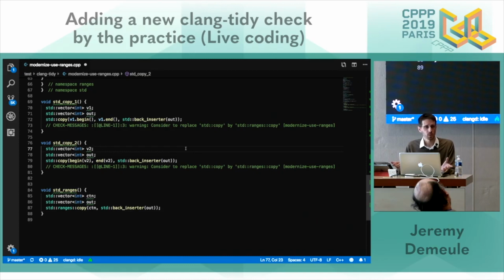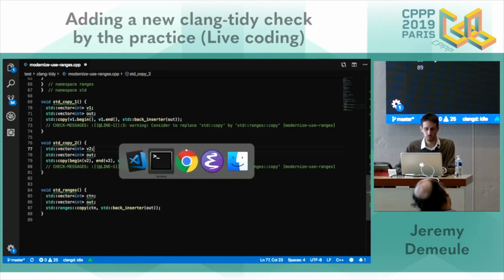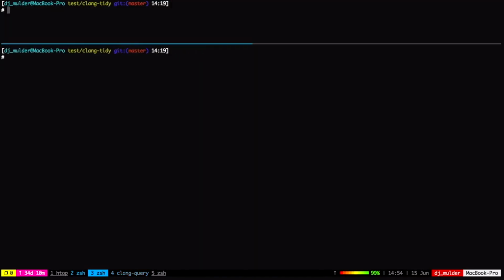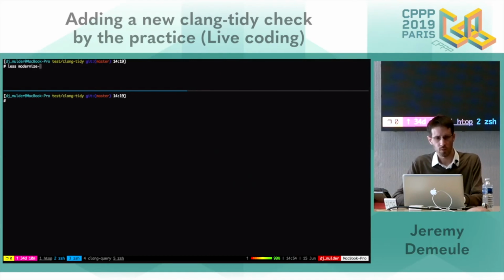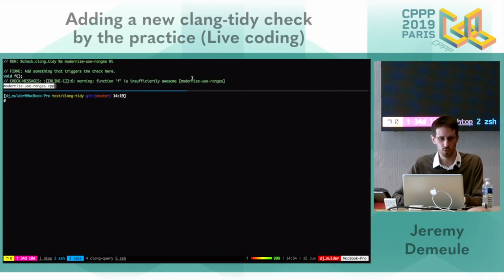First step in my recipe: I have to build a matcher to find information from the AST. So let's do that. I will first open modernize use-ranges. I show the code first.